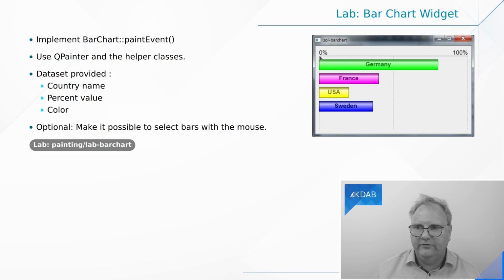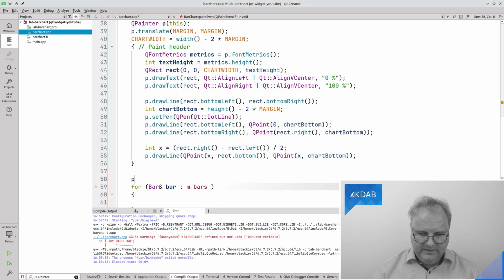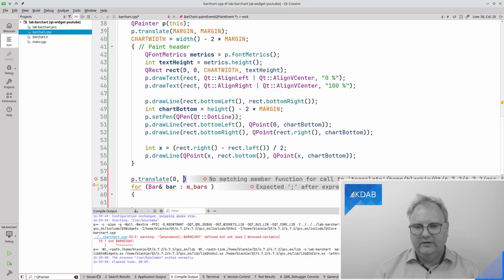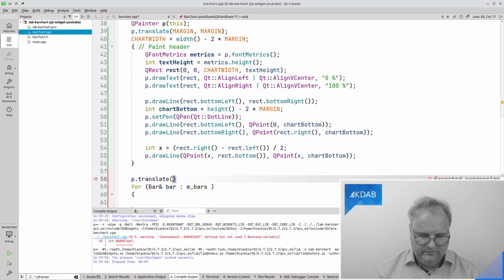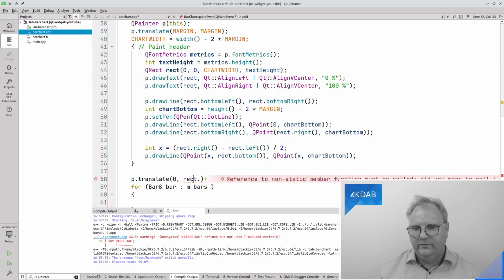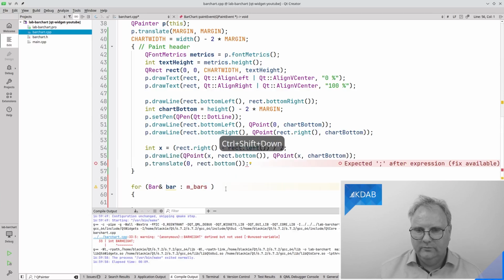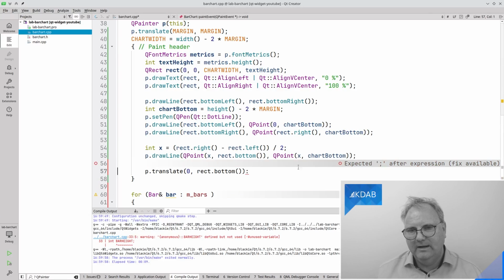So I need to translate first down to this point here. I need to do that outside of my loop. So I will say p.translate, and the point that is, I'm not going to change the x, but well, actually that's a rect.x, well, let's make it a bit more explicit. rect.bottom. Now I've translated. I needed to do that up there. Damn, I would have liked to have that outside. I don't know.